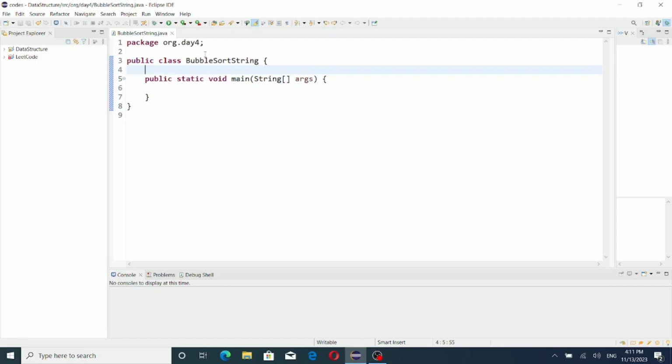Alright guys, let me talk about bubble sort in this video. So let me start with the method coding. Static void bubble string, and inside that let me make a string